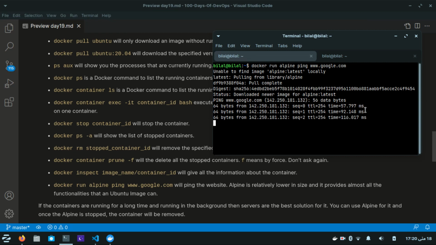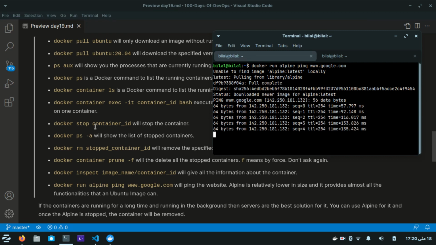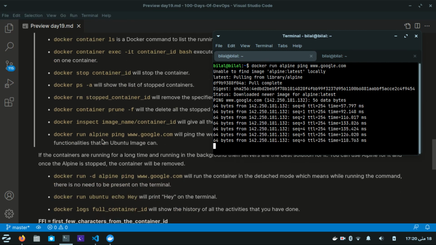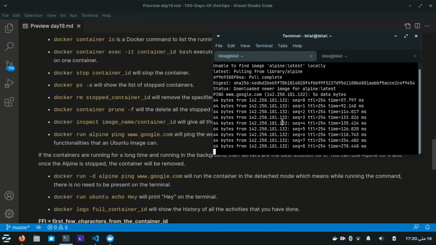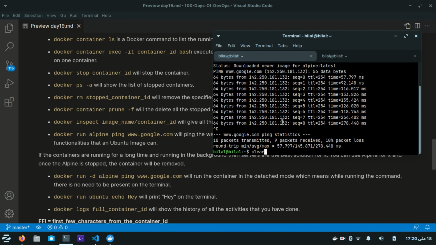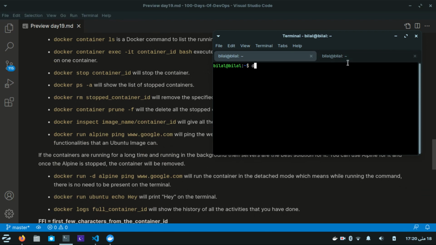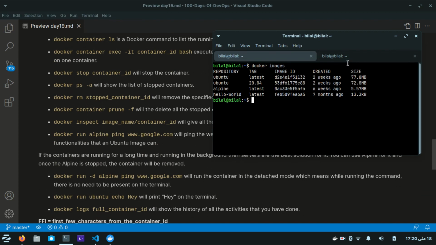As you can see, these are the data packets that are received. Alright. So let's clear this, and now if I write docker images, you will see that the Alpine is also downloaded. Alright. So now let's write docker run -d alpine